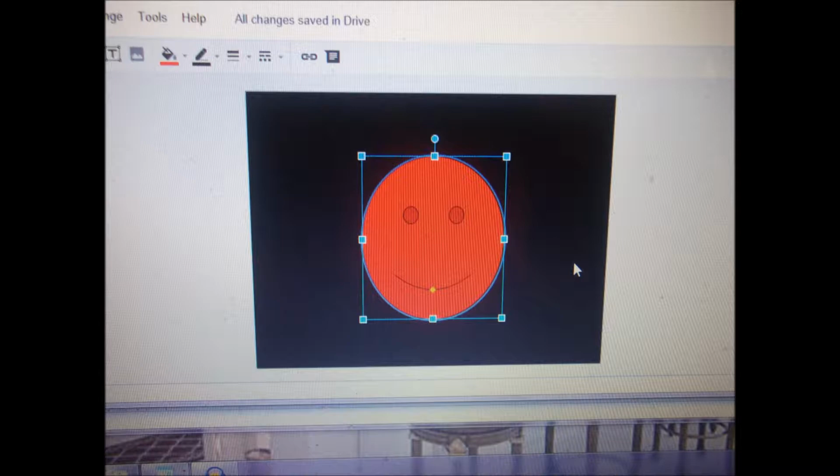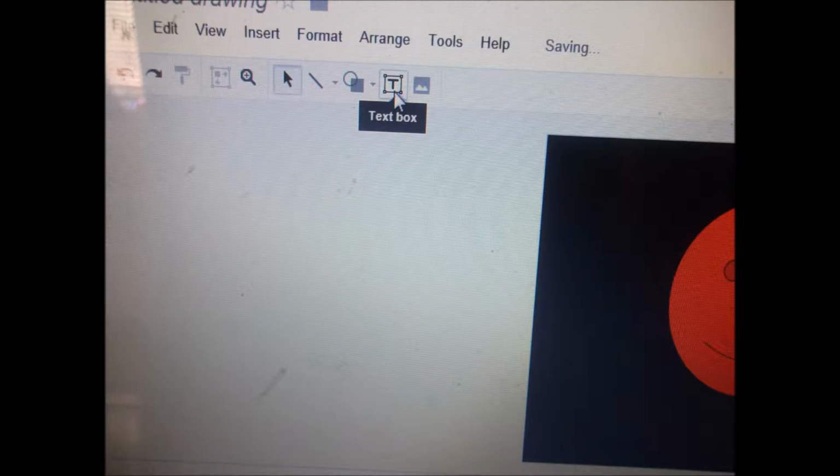Now the next thing I want to insert is text. So I'm going to go over here to the box with the T in the middle, and I'm going to click on it, and it's ready for me to insert text wherever I want it to go. So I want my text to be directly under my big happy face. So I'm going to take my cursor over there and put it under my happy face, and I'm going to click one time. And there, a box appears up here, and I can type the words,